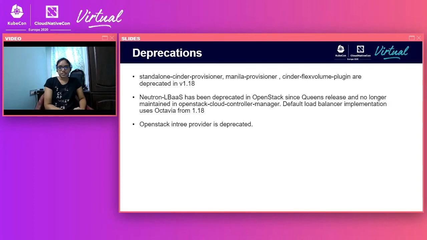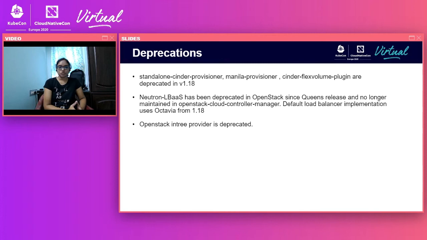Coming to the deprecations, in 1.18 we have done quite a few deprecations, like the standalone Cinder Provisioner, Manila Provisioner, and Cinder Flex Volume plugins, which were previously hosted as part of the repo and are now deprecated in 1.18, in favor of CSI.